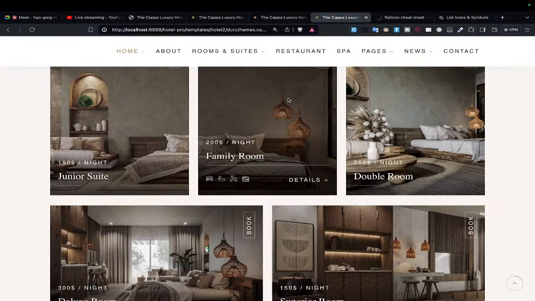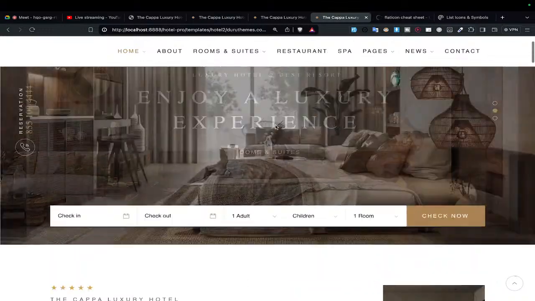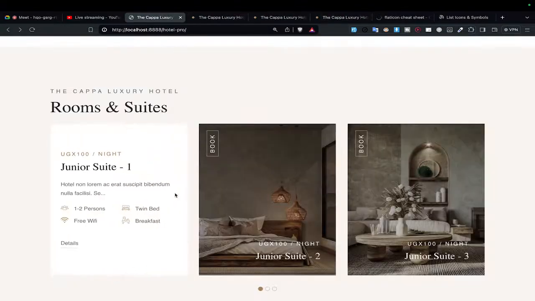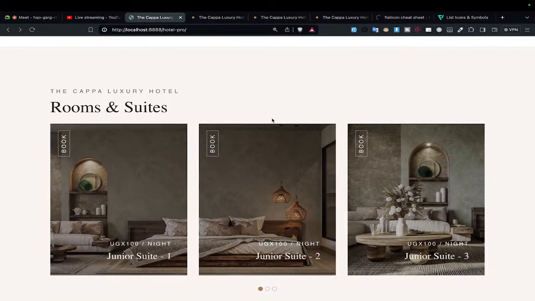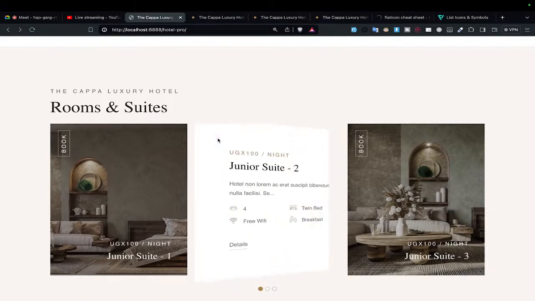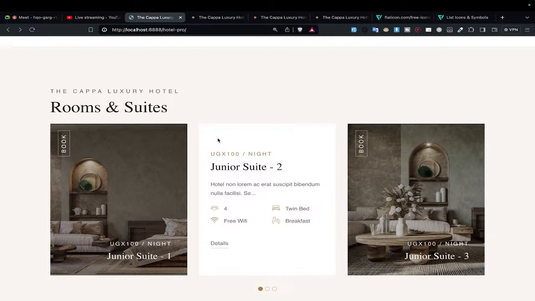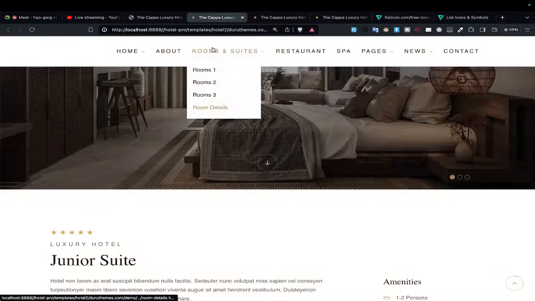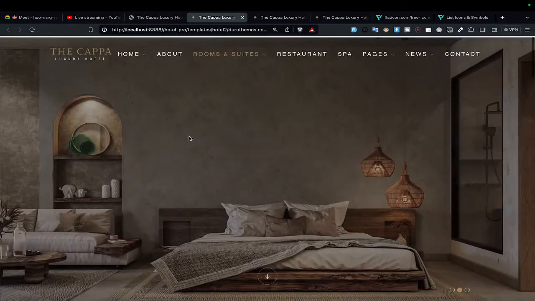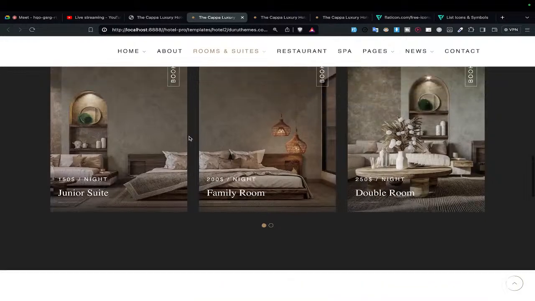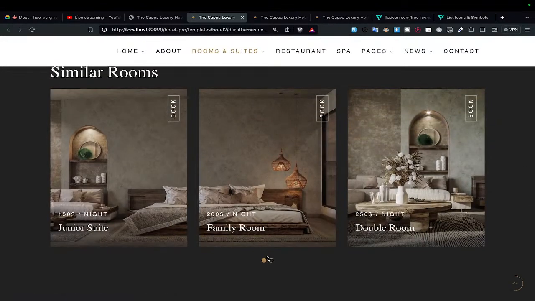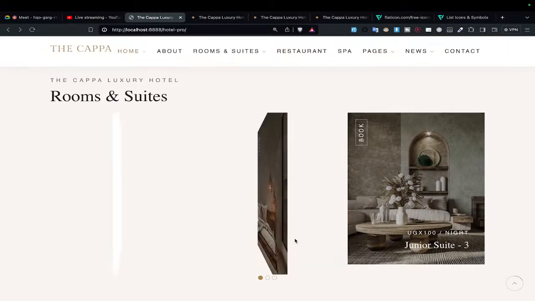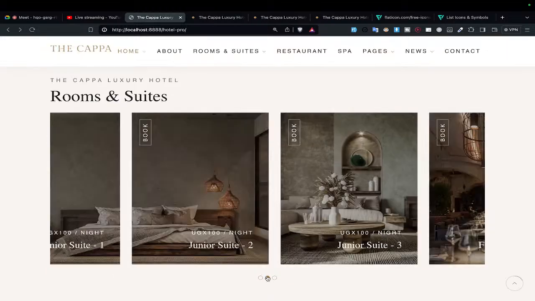Okay, so that's it. Right now we can at least list the rooms. In the next lecture we're going to work on the room details and maybe customer registration and booking. That's what we're going to work on in the next lecture. So here at least we can list the rooms and see the rooms that have been posted in the system. We can duplicate the rooms. We can decide which room should show up